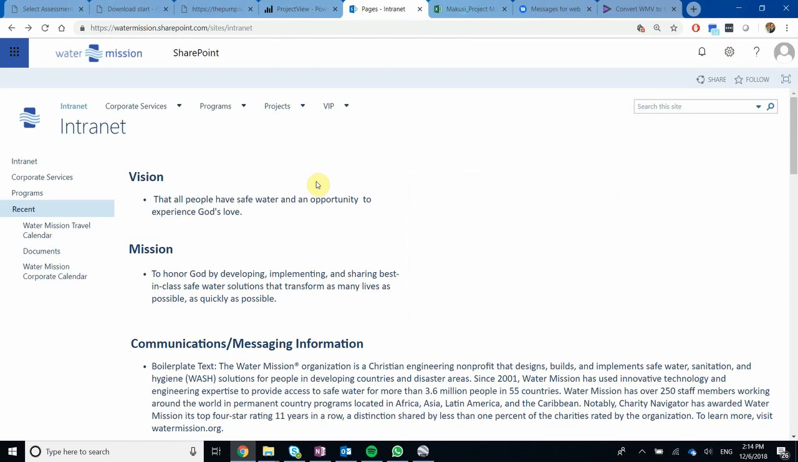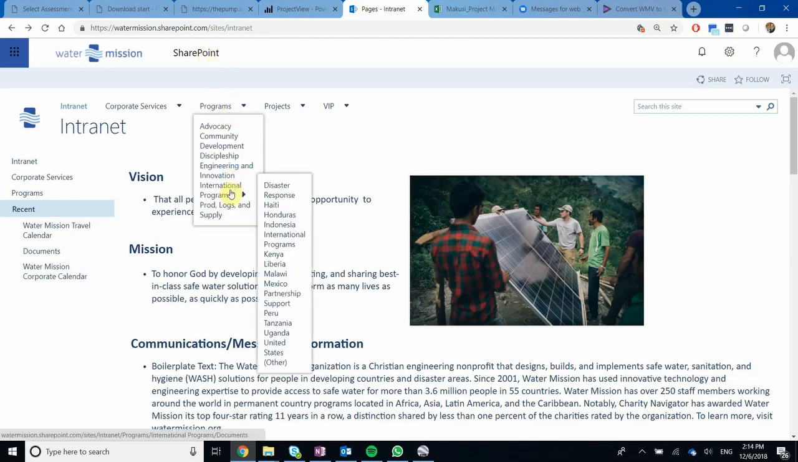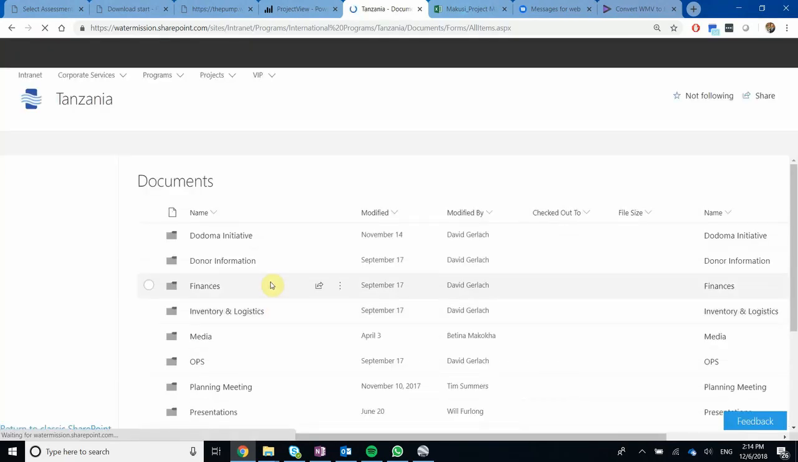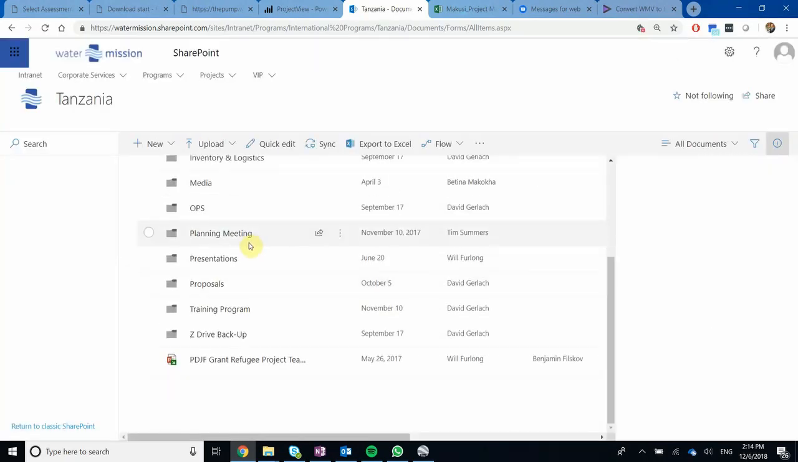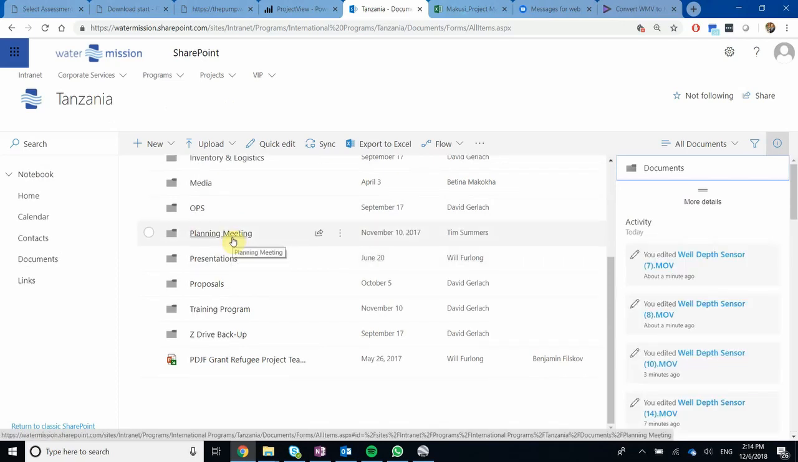And to get there, we first have to go to SharePoint, and you can see I'm in the SharePoint main screen here. We then go to Programs, International Programs, and move down here to Tanzania. As we're going to Tanzania, we then will move to Planning Meeting, which is where we store all of our